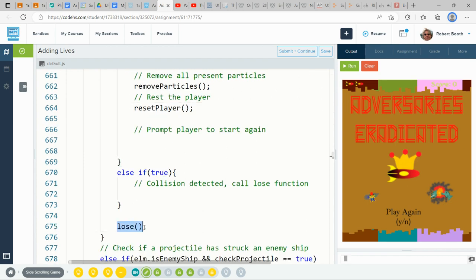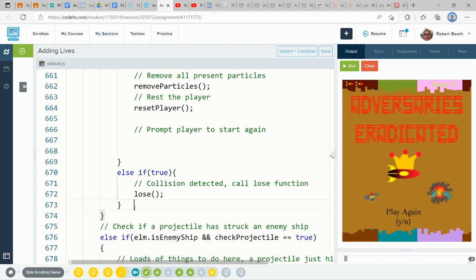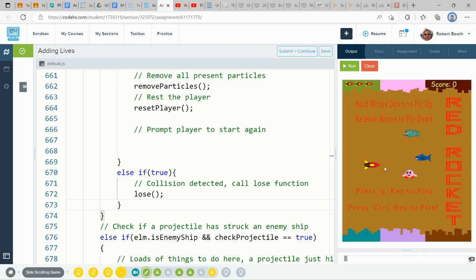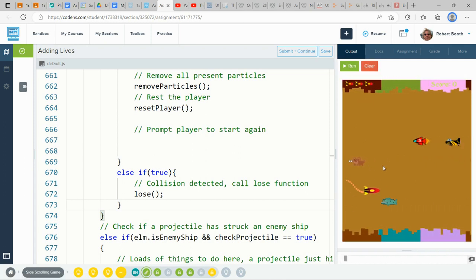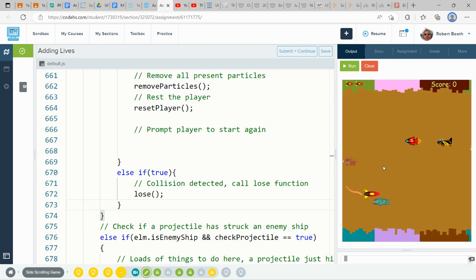See this bit of code right here, this function call to the lose function? I want you to take it from right there, cut it, Control X, and move it right after this comment right there. You can take out these extra spaces, and that'll work. Now, when I let these enemies come onto the screen and I run into one,